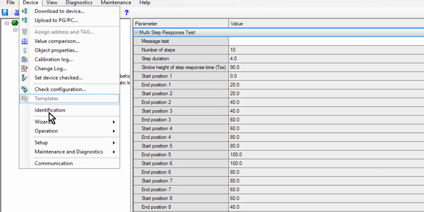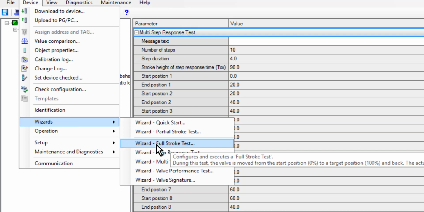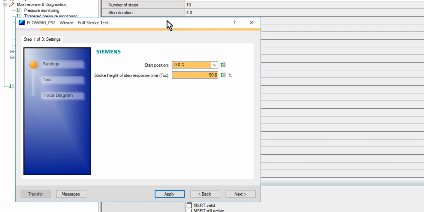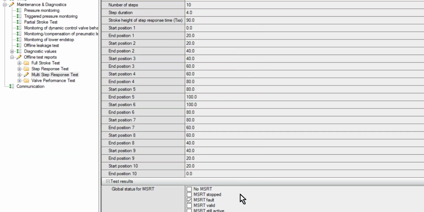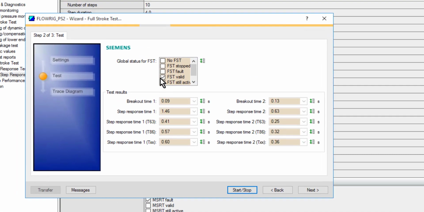All of the valve performance tests are on the wizards, and if we have a look at these one at a time, the full stroke test has a start and end position. You try and do it over as much of the valve travel as you can. I haven't set 100% because I've got some issues at the top end with this valve, so I'm forcing it to pass. And you can see here that it has a full stroke test valid, and these are the results,